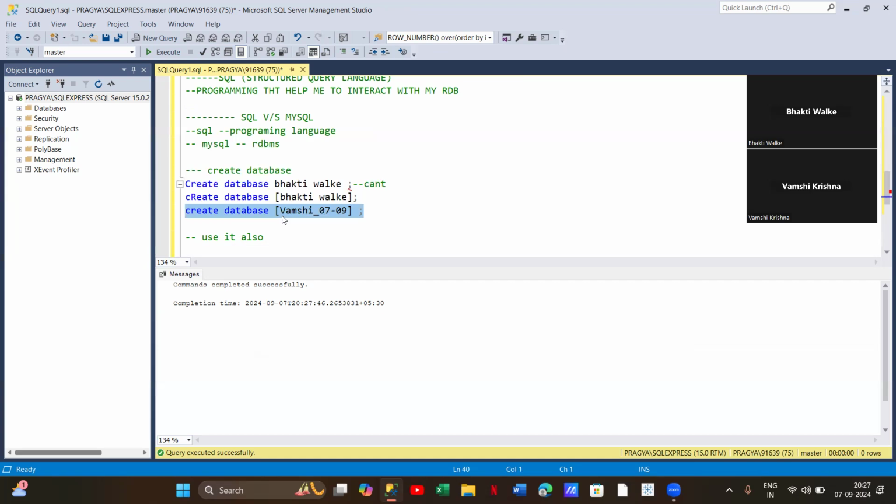So we were talking about something. As we have created a database, we should also use it, right? If we are not using it, it's useless, right? So how to use a database? To use a database, you will write use and then the database name. For example, we have created this, so you can write this as your name. And if I run it,